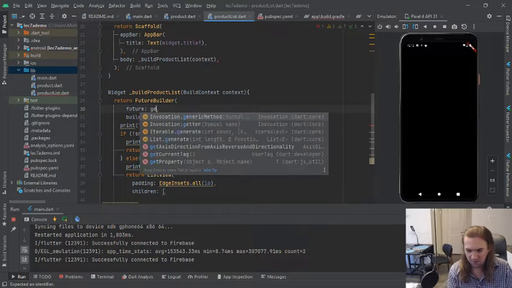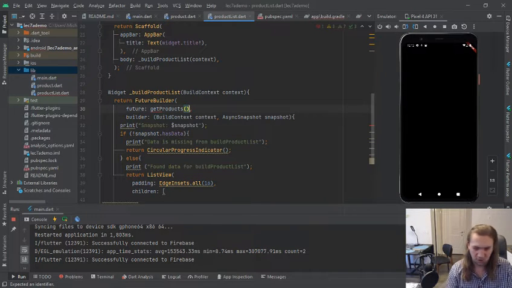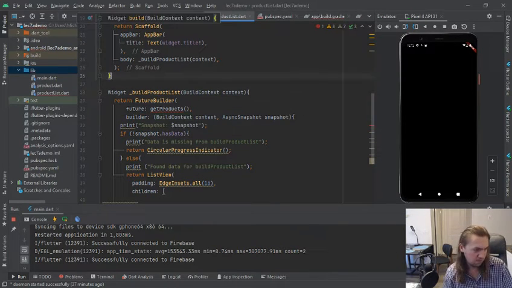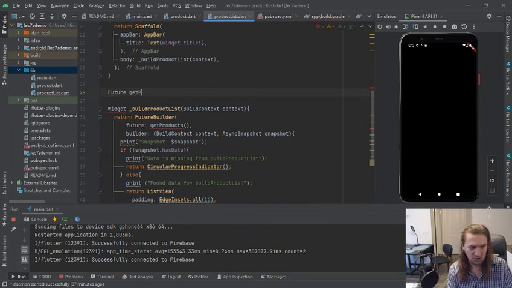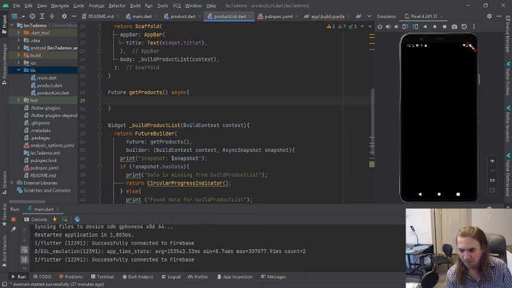Future is going to be a function called get products. Here we need to actually get our products. Let's do that right above. And this is going to return a future, get products asynchronously because it's slow. And then we're going to print retrieving